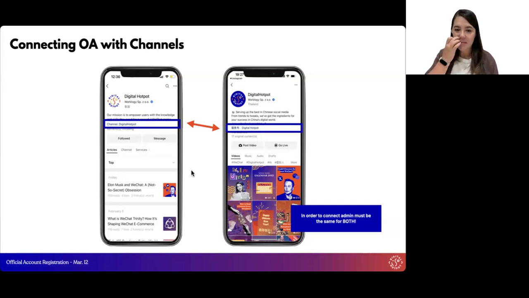So you can, of course, embed articles and videos within your articles, but you can also drive the traffic between these two. Of course, WeChat made it a little bit complicated. In order to have this interconnection, the admin must be the same for both. This can be a little bit annoying